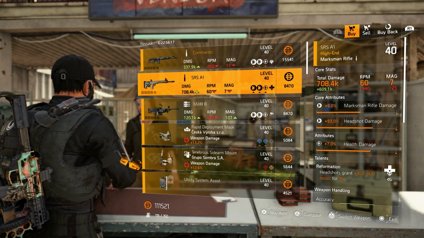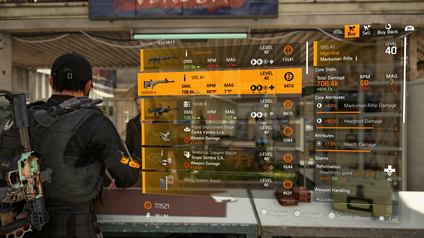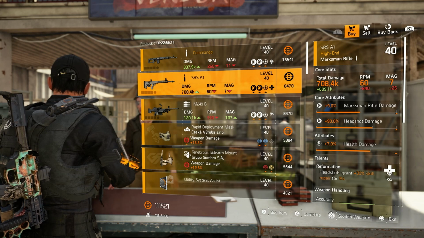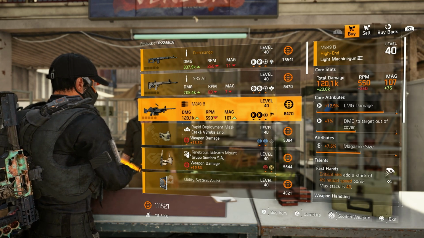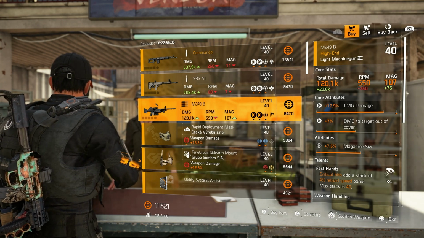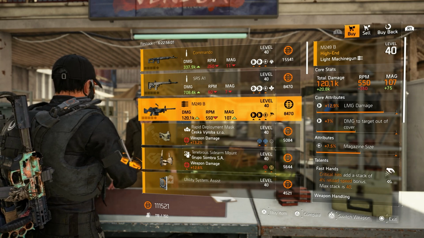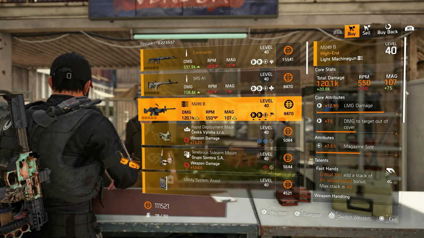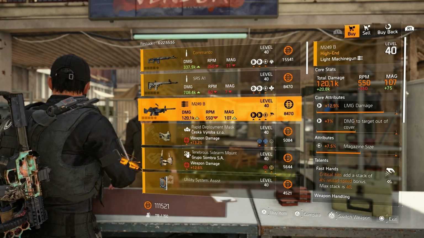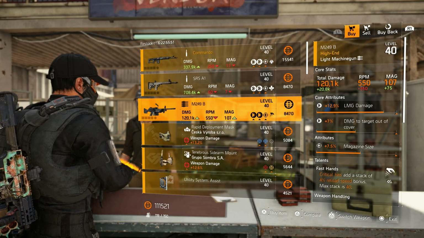SRS A1, too low again. Reformation could be nice, but then it has health damage and only 9% marksman rifle damage. Not worth buying. The M249 could be a 1, because it already has 12.9% LMG damage, and of course the other core attribute is damage to target out of cover, so you can roll that magazine size away for some damage to armor,